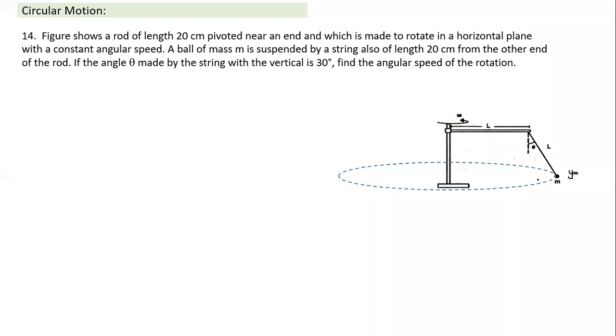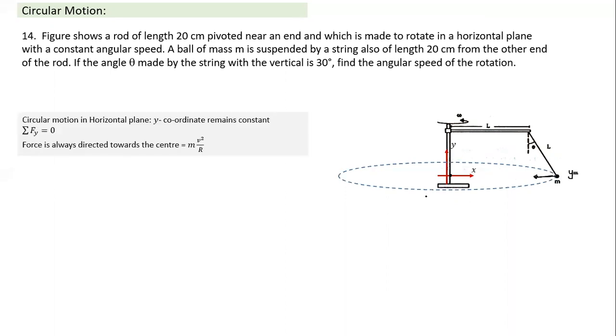If I ask you what is the nature of motion of this object, you should be able to define it. This is undergoing uniform circular motion in a horizontal plane. That itself solves part of the question. If it is going in uniform circular motion in a horizontal plane, this is where the center is. In the vertical direction no net force must be acting, and at any instance the net force must be directed towards the center.